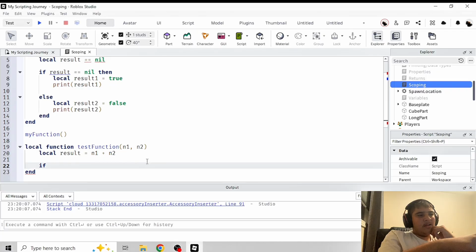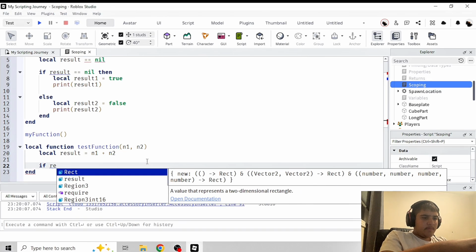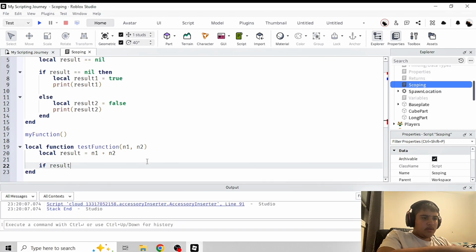If result, okay, local. Would this make a new variable or would this also, if local? Okay. If local result